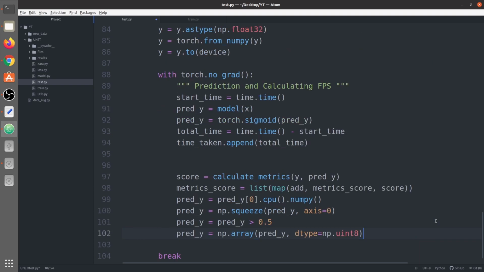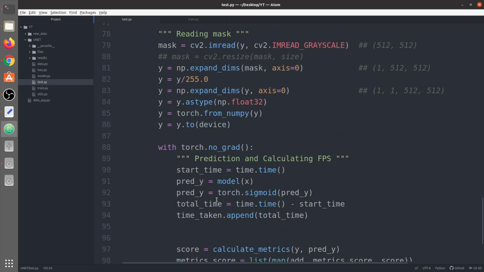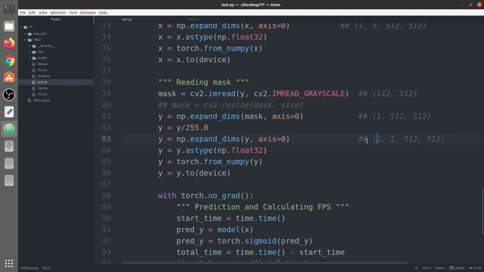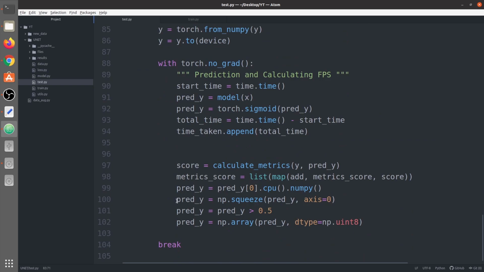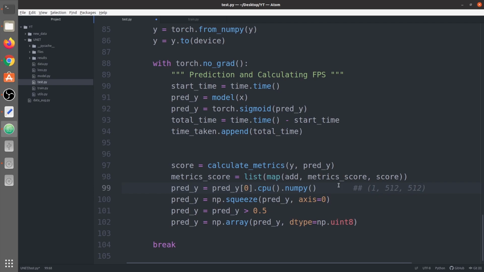Now we would write some lines for the prediction y. Because the image which we have given is of one batch size, the predicted mask would be of this size only, 1 by 1 by 512 by 512. So we extract this, it's basically a list, so we extract the first element, then we unsqueeze it, then we squeeze it at axis 0. So let me print it. The y_pred here would be 1 by 512 by 512, then squeezing it at axis 0 would turn it into 512 by 512.